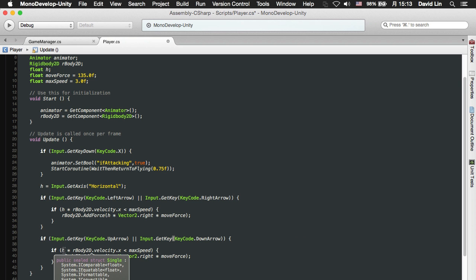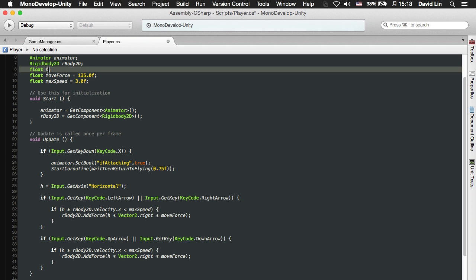And over here, or rather we need to create a new variable to store the amount of vertical force. So besides h, let's create a v, which stands for